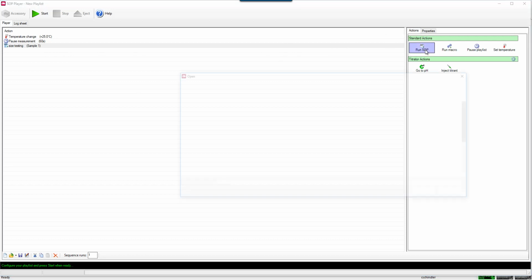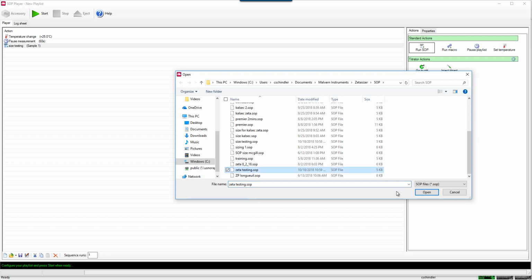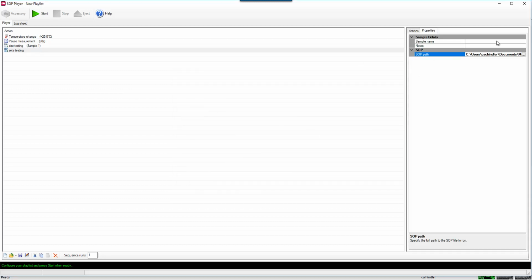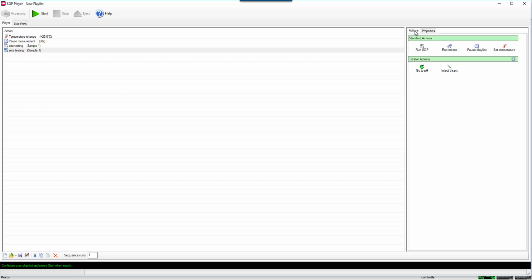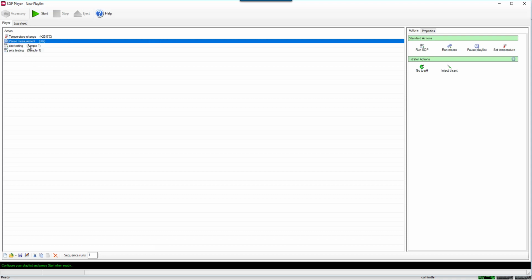Now I'd like to do a zeta potential measurement, so I'll go find my zeta potential measurement here and open that up and give it a sample name. And now I have my series here. Now I could copy and paste this multiple times to make sure, let's say I don't want